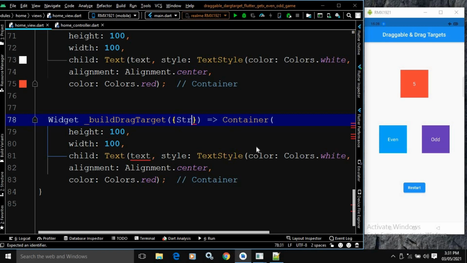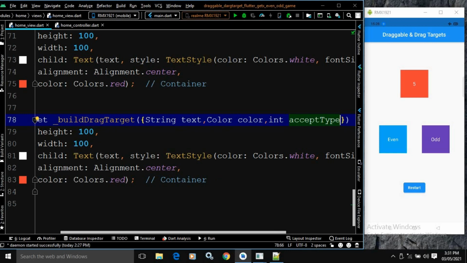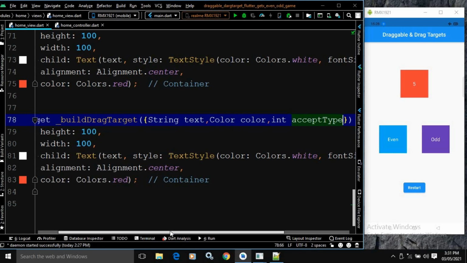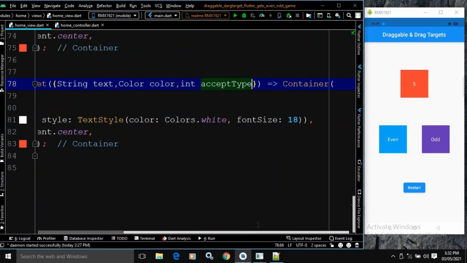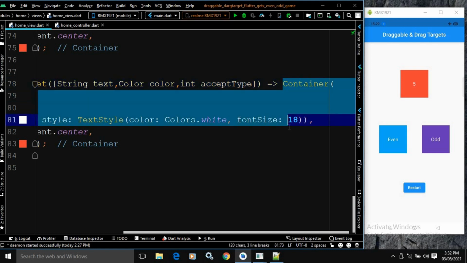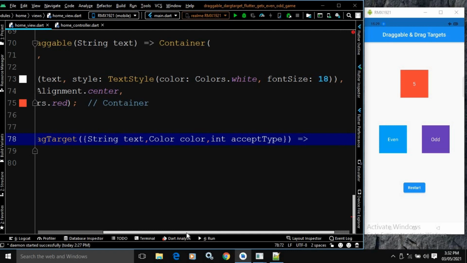The first one will be a string of text. After that, second named parameter is color, and the third named parameter is accept type. Okay, and after that, here instead of container, let me remove this from here. Now here what I will do,